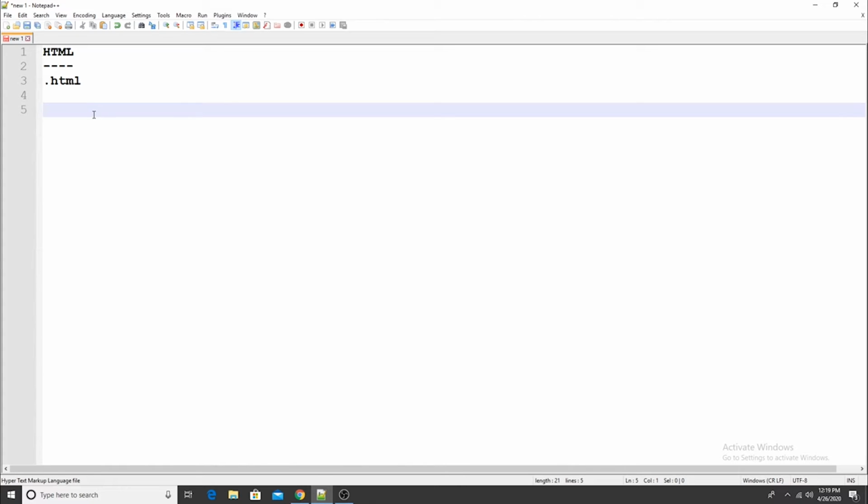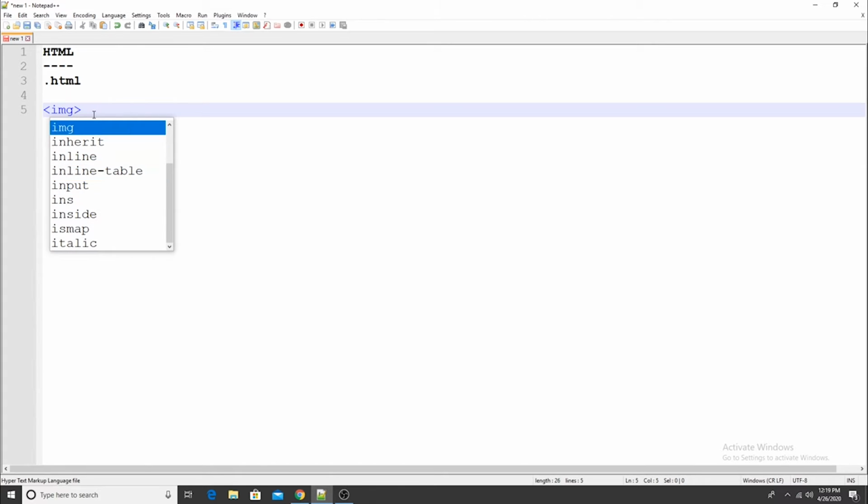So if you want to display an image onto a screen, there will be some tag associated to image. It's called an img tag. See, as soon as I type img, I got help, right? This is the advantage of using an IDE. Same goes with all the other tags.